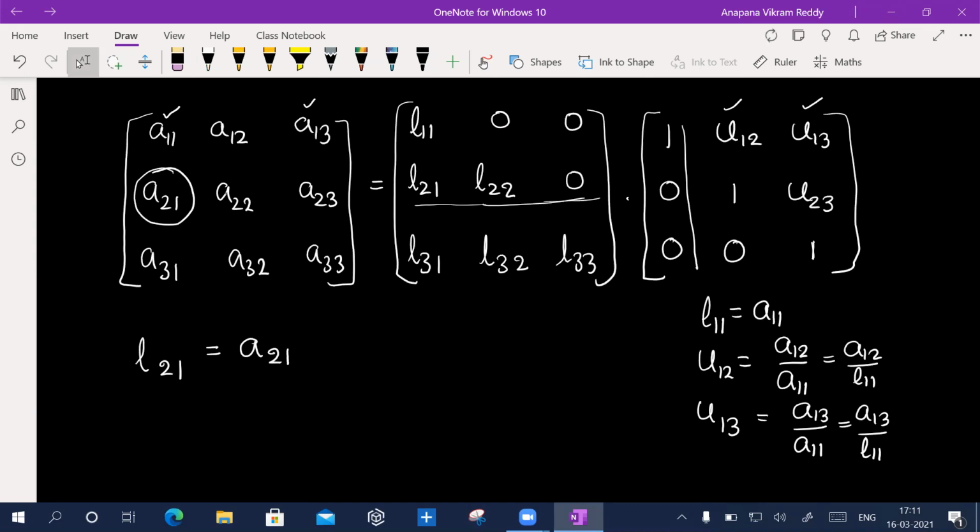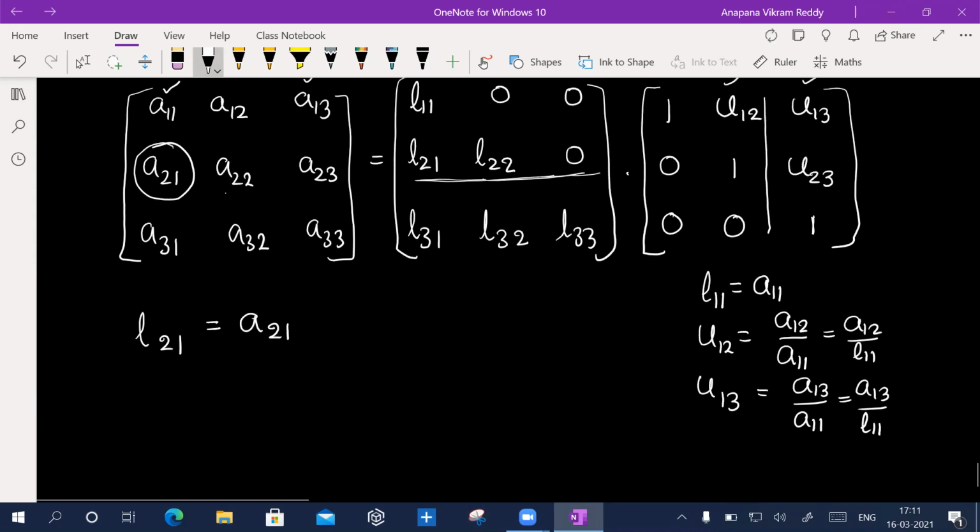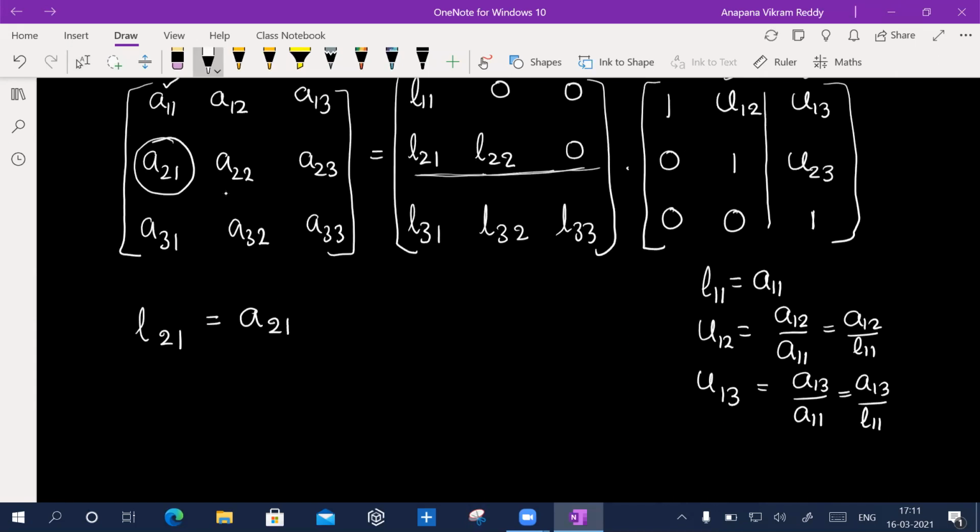Now I multiply the second row of the L matrix with the second column of the U matrix. Then what do you get now? L21 U12 plus L22 is equal to A22. So what are we going to find here?